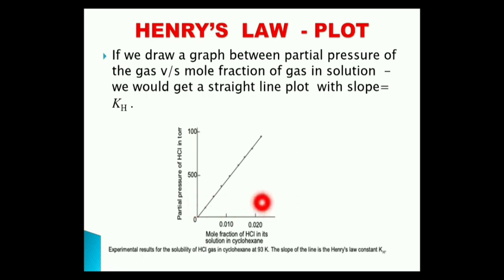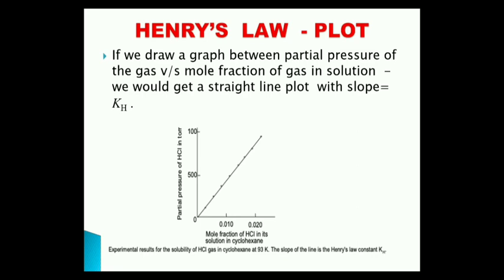Always you will obtain a straight line plot when you are plotting partial pressure against mole fraction, and the slope of the graph will give the KH value. Henry's plot is always a linear plot, a straight line plot, and the slope of the plot gives us the KH value. But we have seen that for different gases, different KH values have been observed at the same temperature, as given in the table. So with this we have finished Henry's law. We have understood what is partial pressure with the help of an example. We have also understood what is Henry's plot.